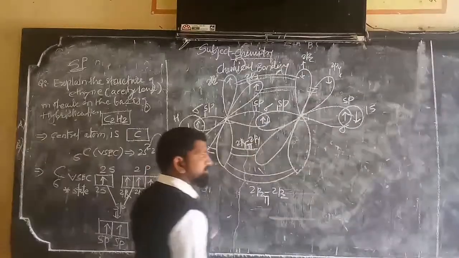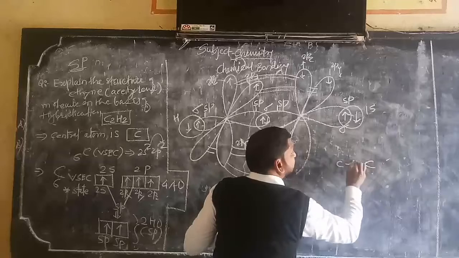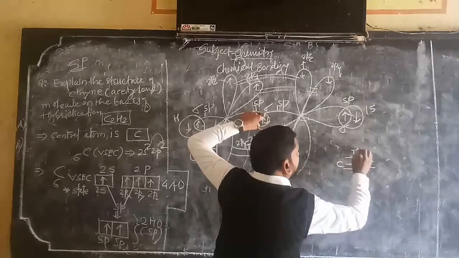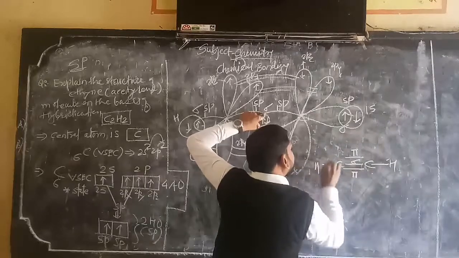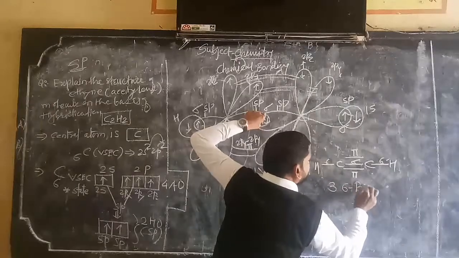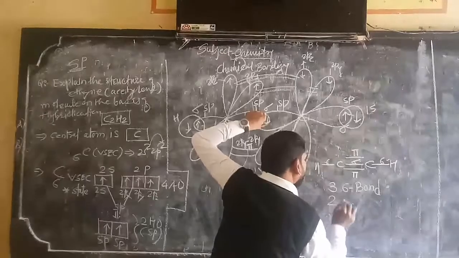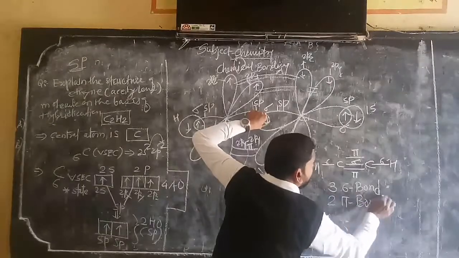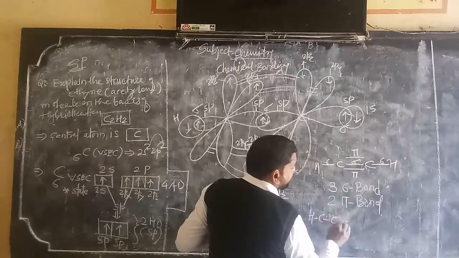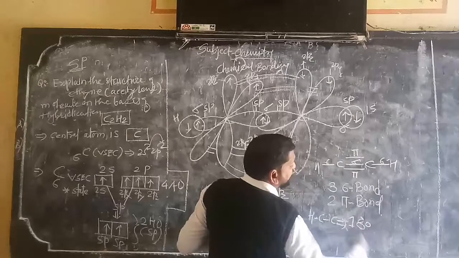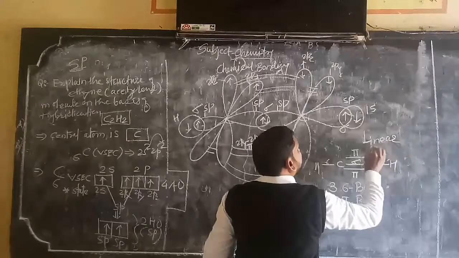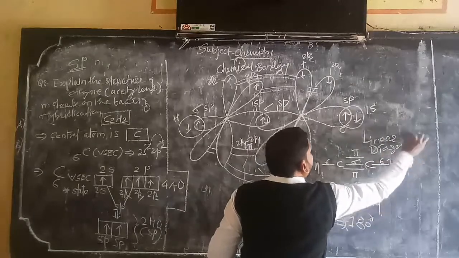So in this way, everybody see here, carbon-carbon sigma, after that a pi bond, another pi bond, after that H sigma, sigma. So how many? 3 sigma bonds and 2 pi bonds. The bond angle HCC, no doubt linear geometry is there, therefore 180 degrees. What is the name of the geometry? Linear, or you can say diagonal geometry.